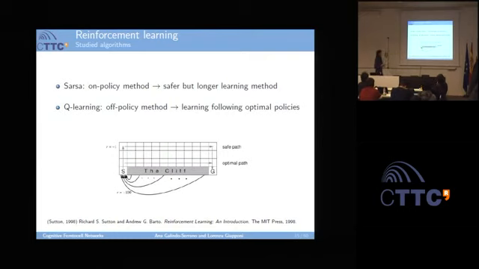So Q-learning will follow the risky policy, let's say. Once it finds the optimal path, it will always follow this path, even if, due to the greedy action selection policy that we will see afterwards, it will fall sometimes. So it will have worse rewards, but better behavior if you look at it on average, no? And on the other hand, SARSA will always follow the safer path. So it means that you will have less risk, but longer learning periods.